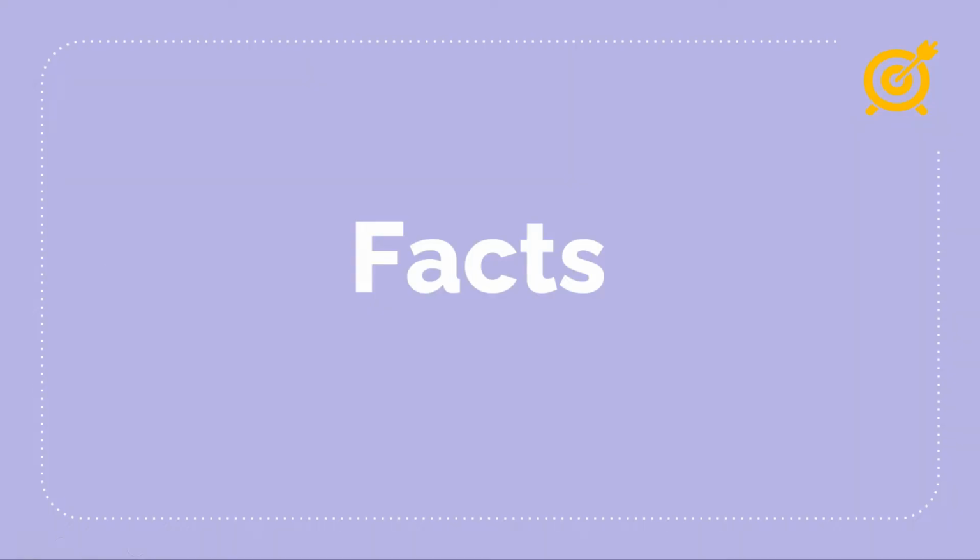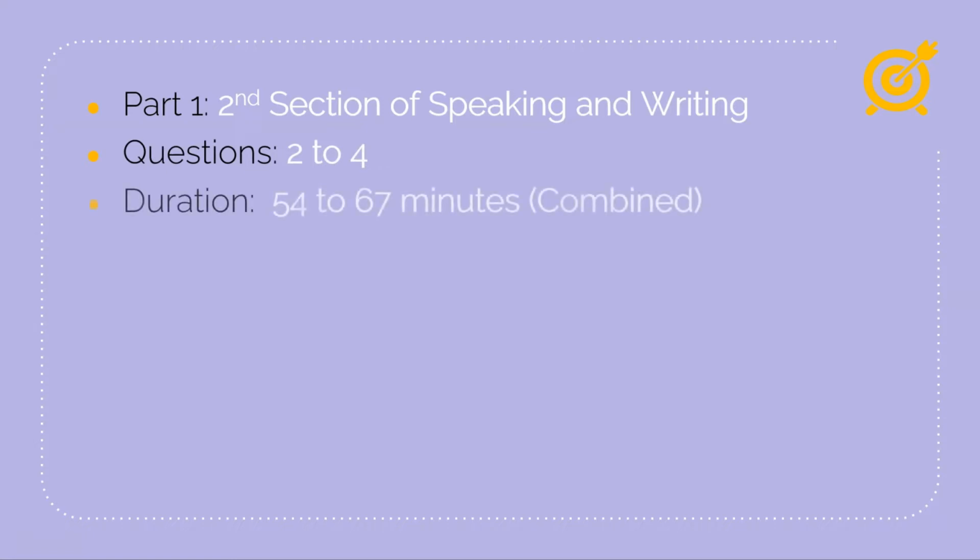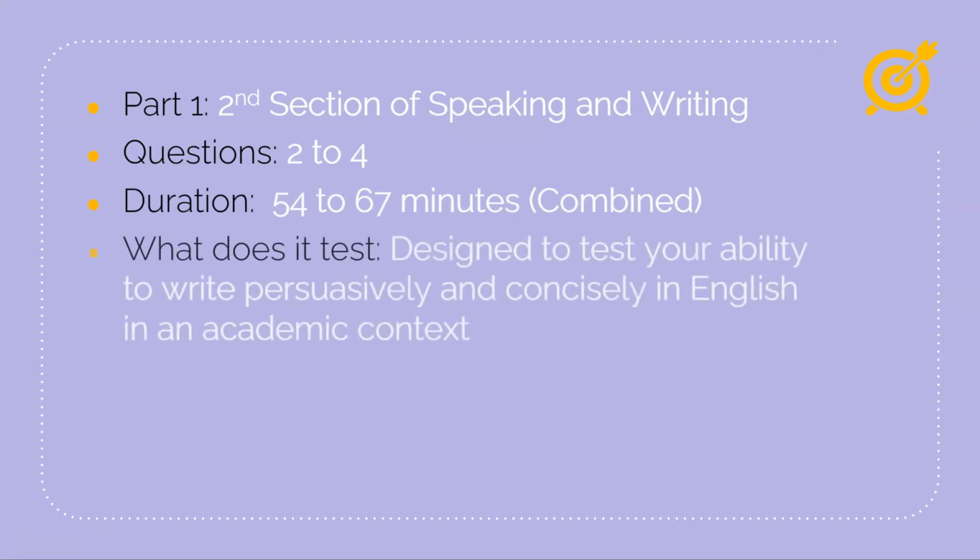Facts. PTE writing is the second section of part 1 of the test. It comes after you finish the speaking section. You will get around 2 to 4 questions, and the combined allocated time for speaking and writing section is 54 to 67 minutes. This section tests your ability to write persuasively and concisely in English in an academic context,